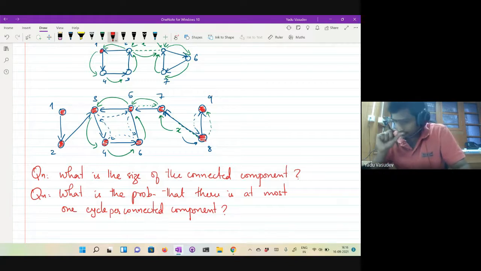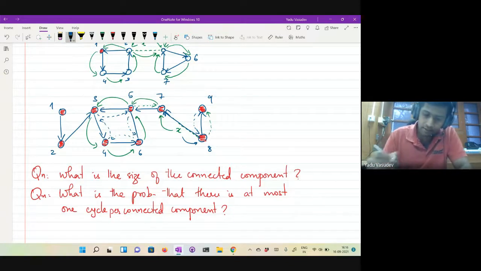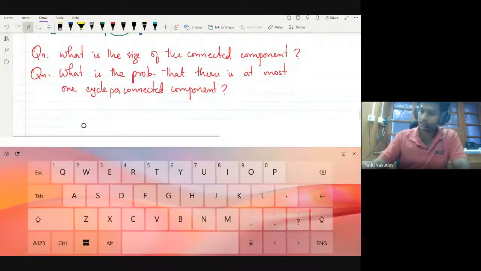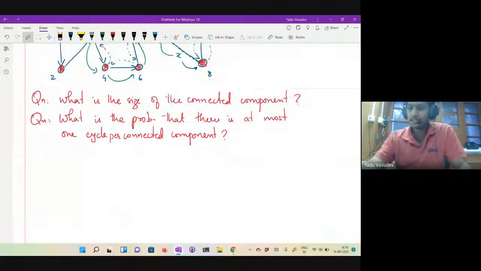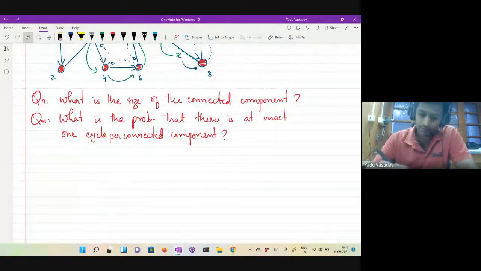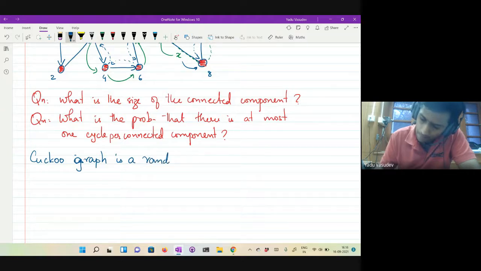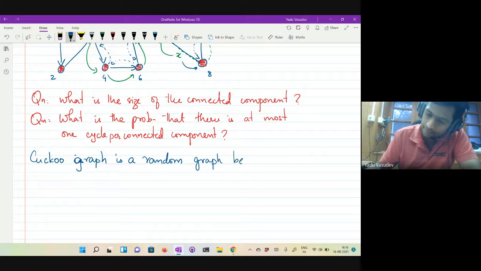So then let's try to understand this graph better. So how do you actually get hold of this graph? This graph is now a random graph. So the cuckoo graph is a random graph because of the choice of H1 and H2.